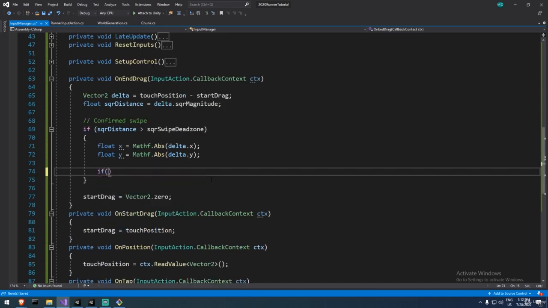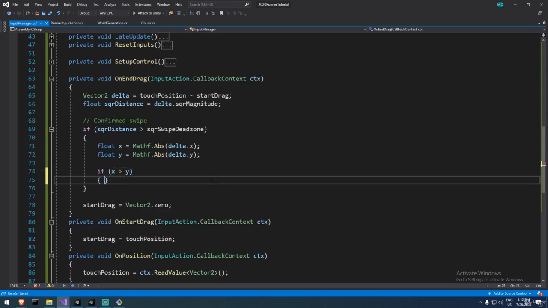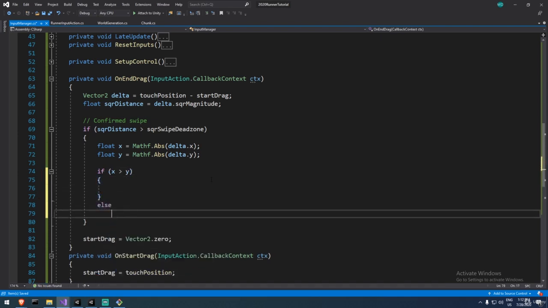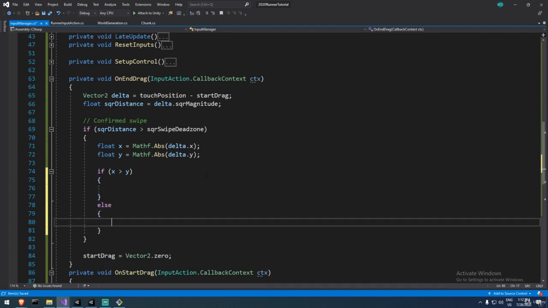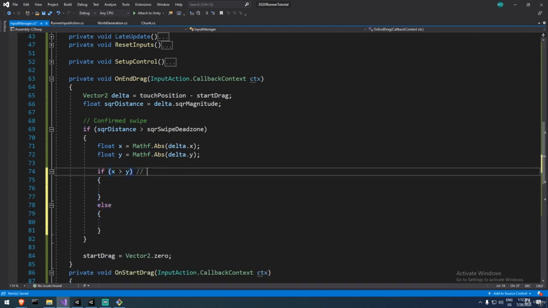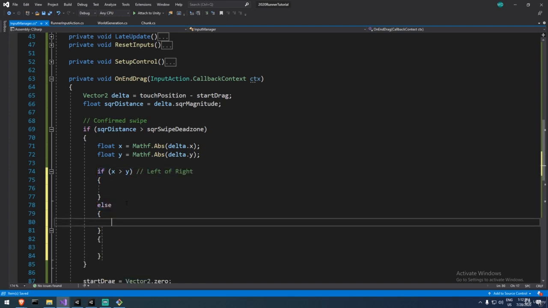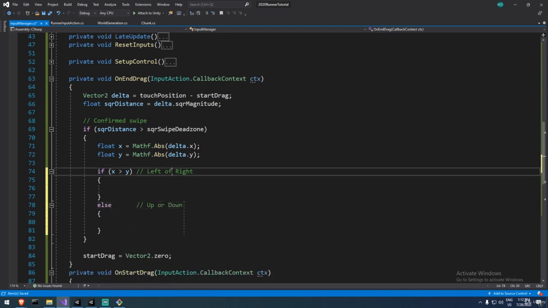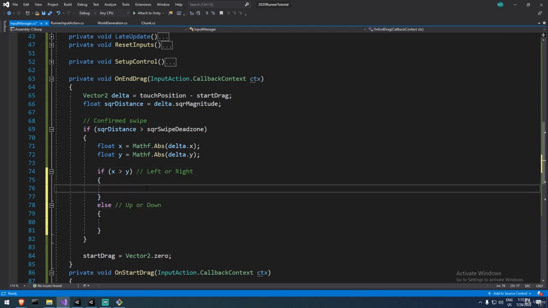Knowing that, we can now check if x was bigger than y, it means we're either going left or right. Now, if that's not the case, it would mean that we have to go either up or down. So this is left or right. And here, this is up or down. And I keep making typos. Okay. If we know that our swipe distance in x is bigger than y, it means we're going left or